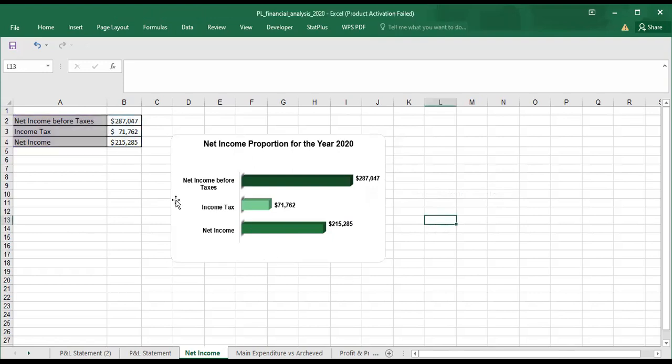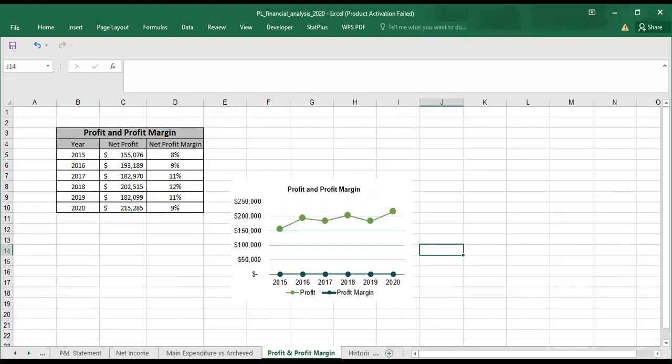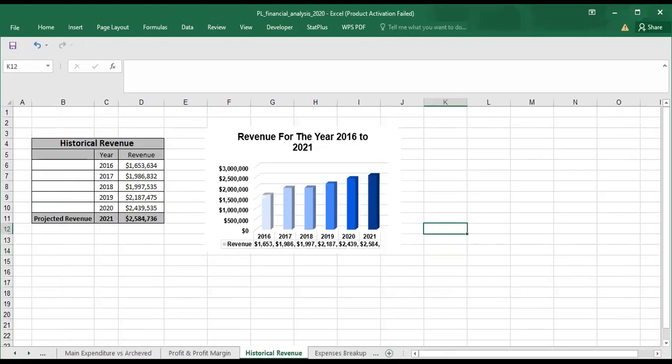So that is all about it. This is the only chart that I added in addition to the other charts that we were asked to create. And then lastly,